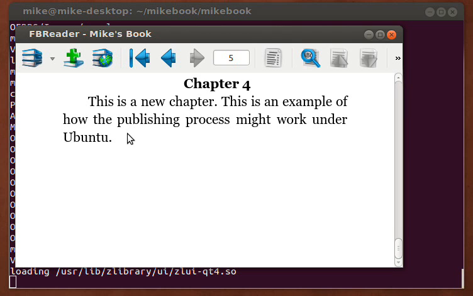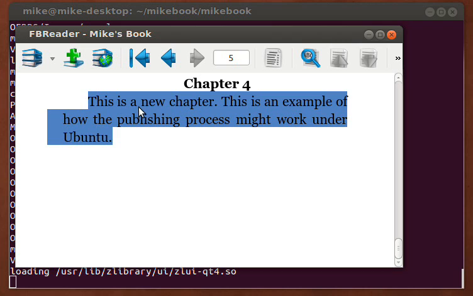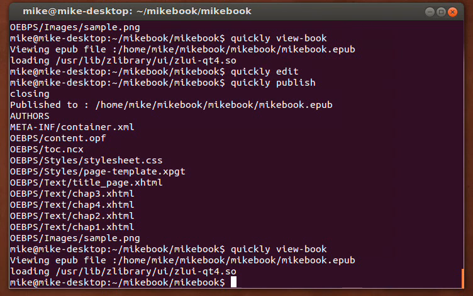Now if I republish my work and view the book, FB Reader remembers which chapter